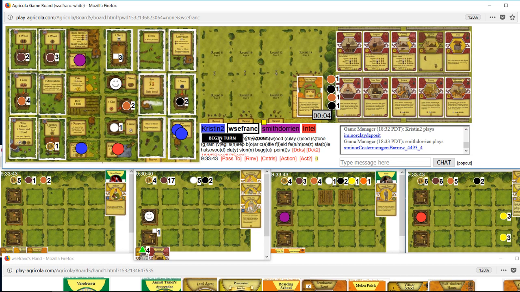Do I build my rooms here? Or do I do one more action which will let me triple build? Triple building is pretty appealing, like I said, especially with Animal Tamer's Apprentice. So